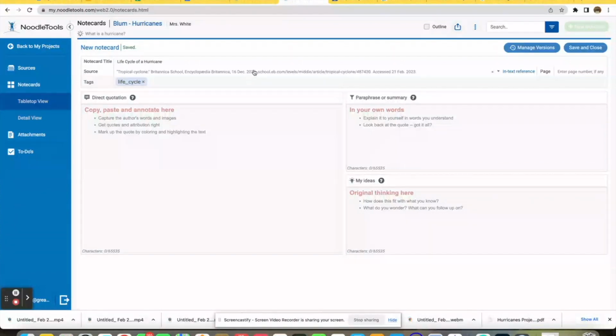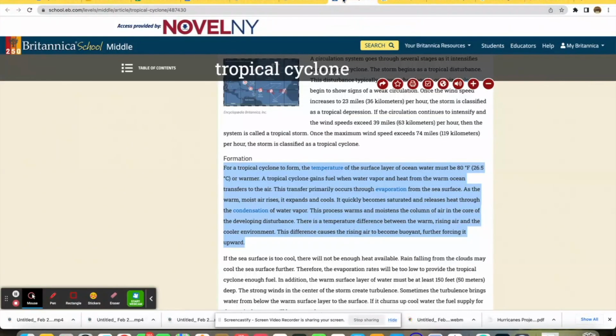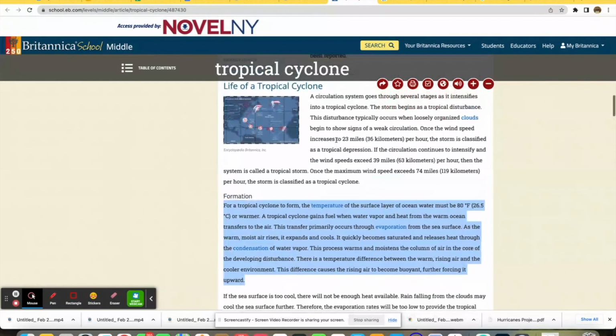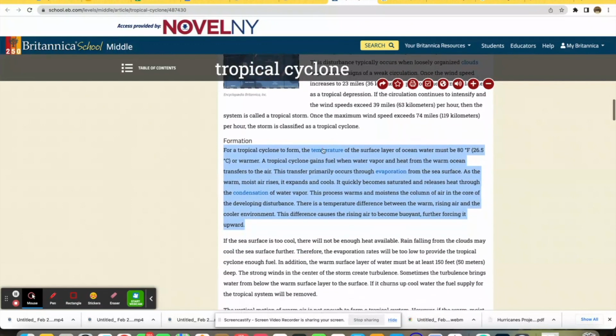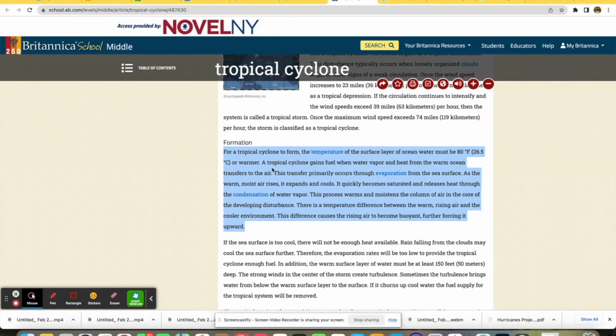I'm going to now go over to my article, and I have a section within the life cycle of the hurricane pulled up. Now, I can understand with students who are unfamiliar with research how it could be really hard to sift out relevant information. So, where I showed you with my previous note card outline